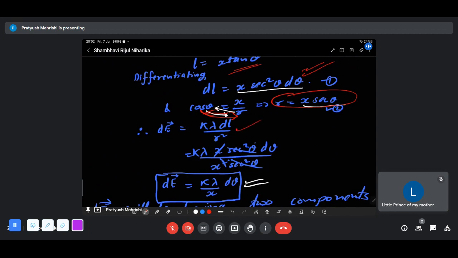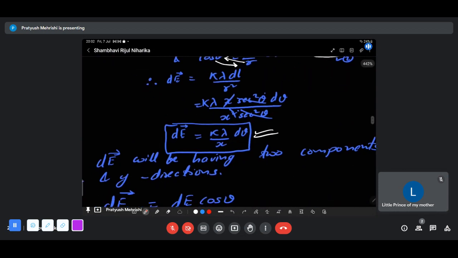Therefore, the electric field will be k lambda dl upon r square. Put the value of dl, x sec square theta d theta, from here, and put the value of r square, that will be x square sec square theta. So finally we are getting dE equals k lambda by x d theta. Now again,